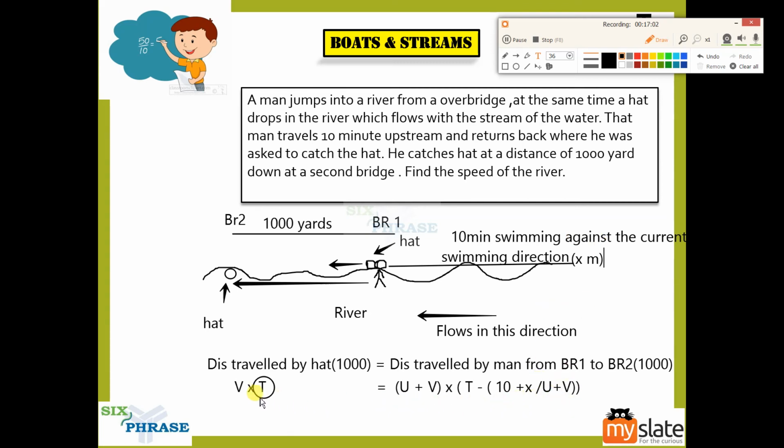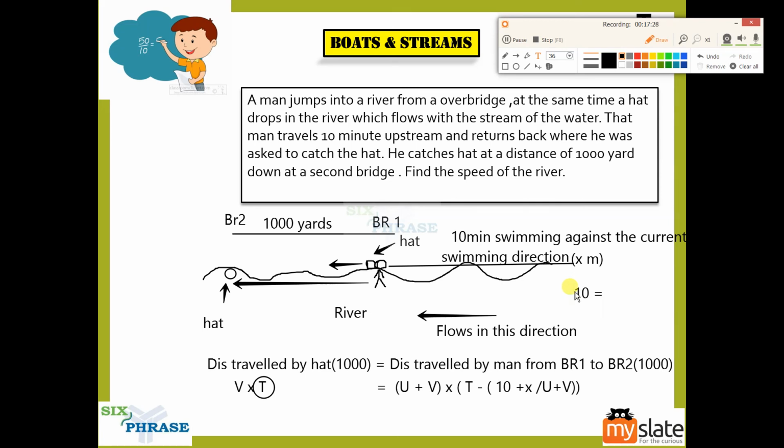So there is only one final step here. This is an equation which you have, and you can see you have u, v, t, and x. Now how do you find it? You have to convert this x to u and v. That is when you can solve it, guys. There's one more thing. He moves from here to here, right? So what is the time taken? 10 minutes.